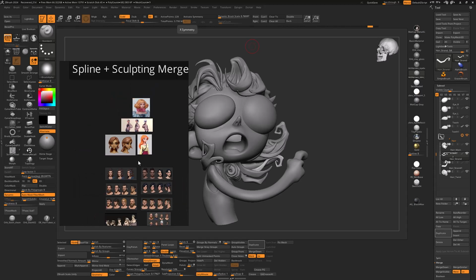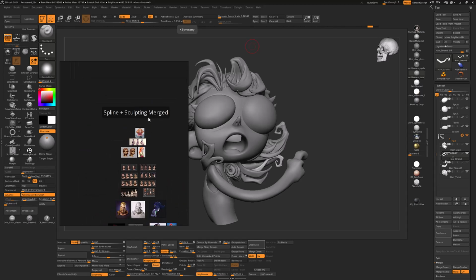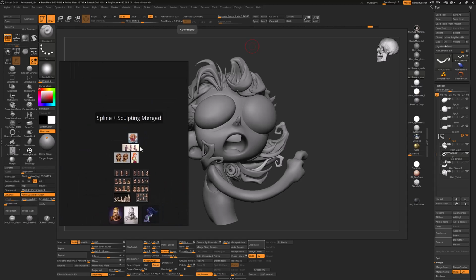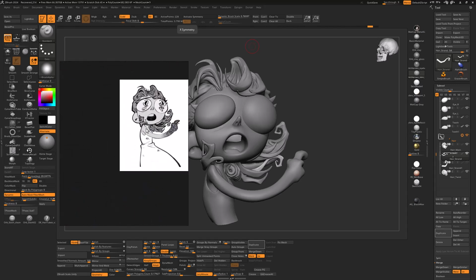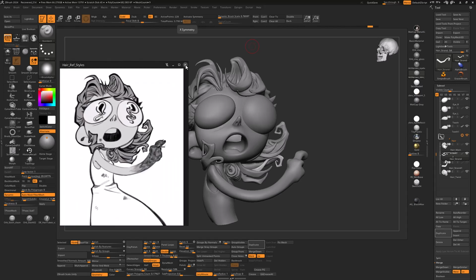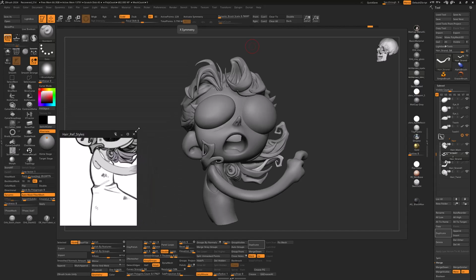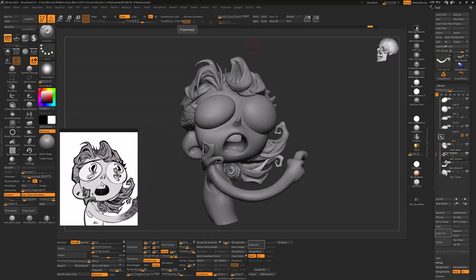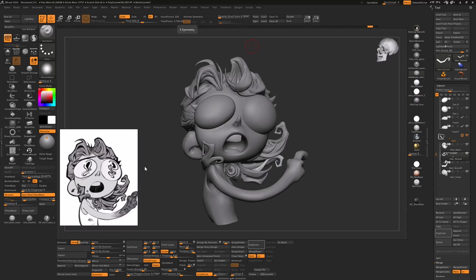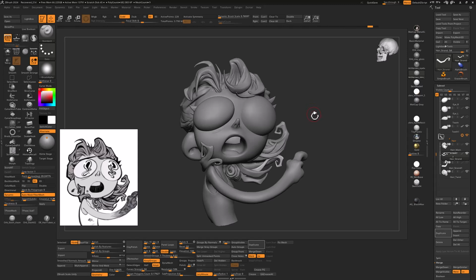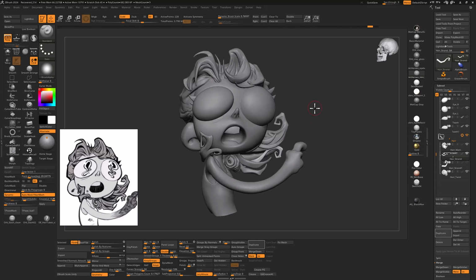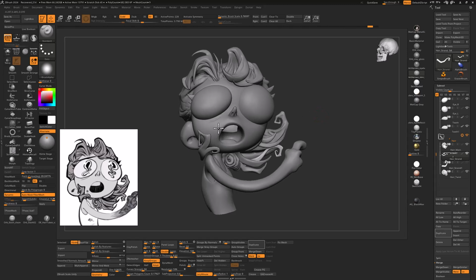For this style specifically, I would say that maybe just sculpting is fine. But again, I just want to show you how to do this in ZBrush. Generally speaking, this portion I would either do in ZBrush if it was a more simple task using splines, but if it was a more complicated one, then I'd probably go into Blender and do it there. So if I use the Insert Multi-Mesh brush,